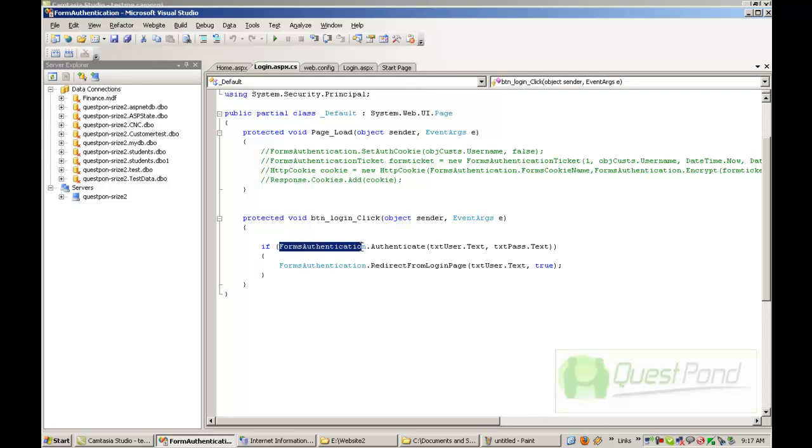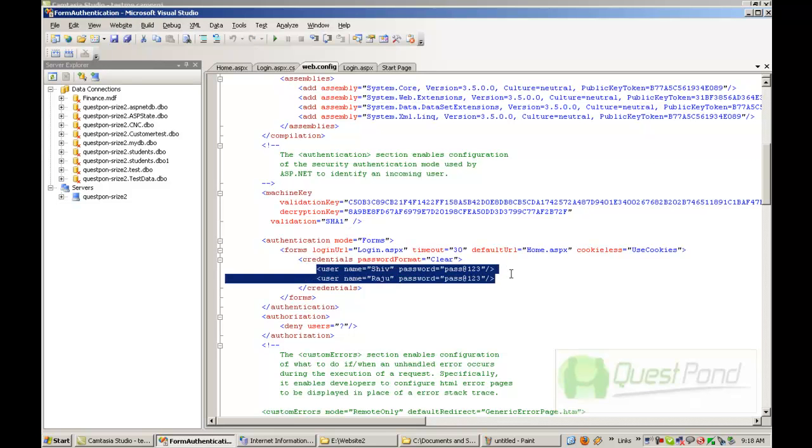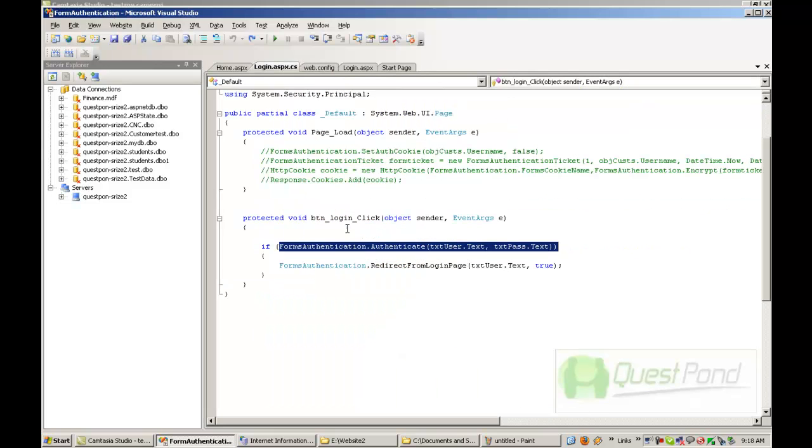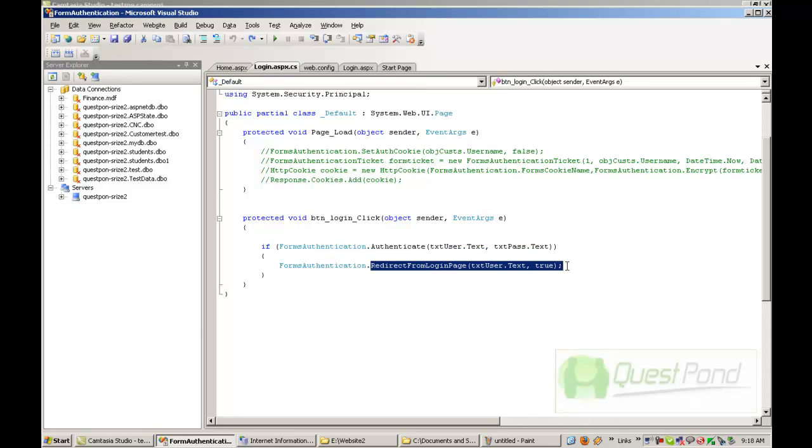You can see that I have said FormsAuthentication.Authenticate with whatever username and password is entered on the UI, and once the username is valid, I am calling RedirectFromLoginPage, which helps me to create the cookie at the browser site. So Authenticate checks that the user is from the web.config file, that is either Shiv or Raju, and then finally RedirectFromLoginPage creates a cookie.